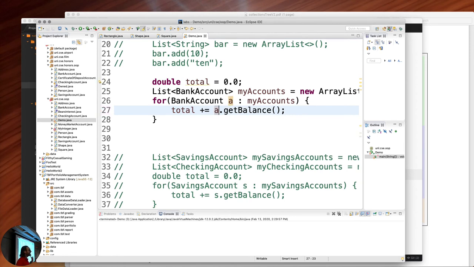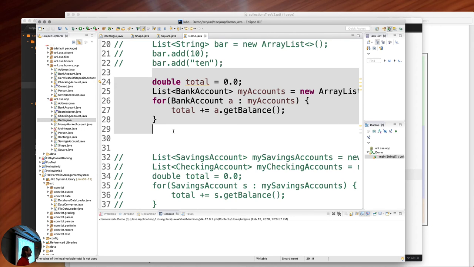That is very succinct code, and it's all because of subtype polymorphism. A savings account is a bank account. A checking account is a bank account. They both have this get balance method inherited from their parent. So all I need to do is treat them the same. If all I care about is balances, then I can put them into one generic list of bank accounts. I can put in bank accounts, checking accounts, savings accounts, money market accounts, CD accounts, any accounts that you create in the future, I can put into this one collection and not have to change a single line of this code